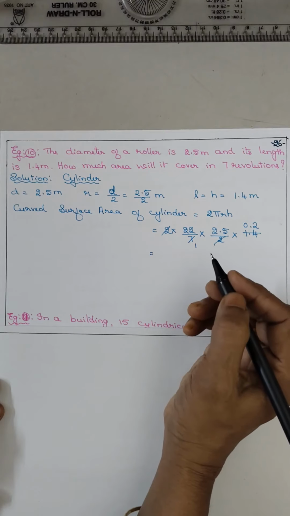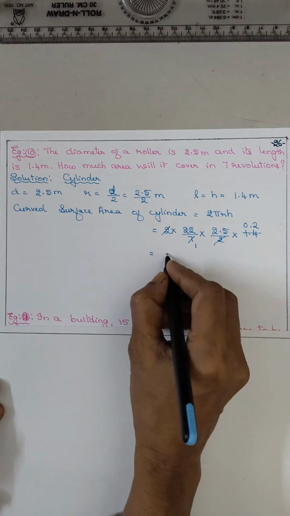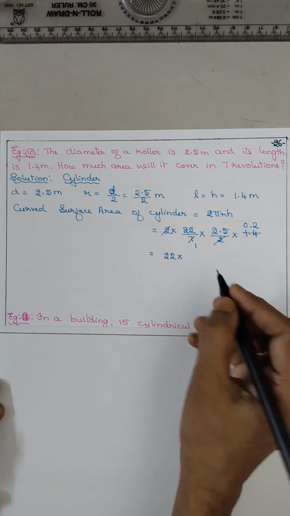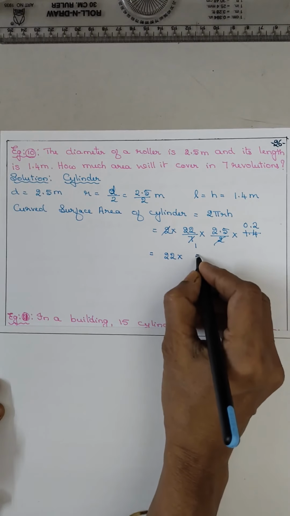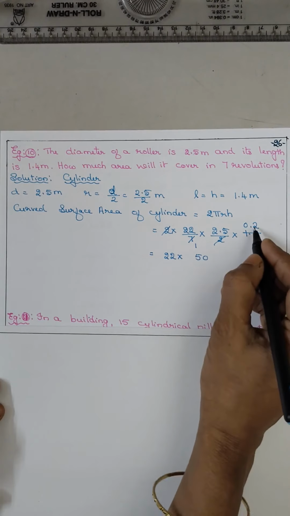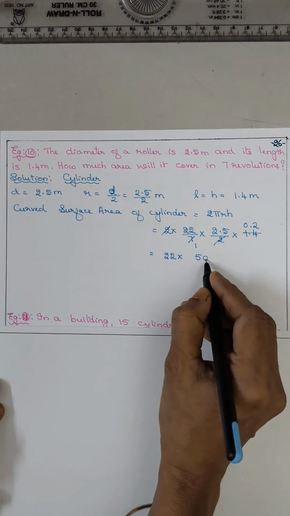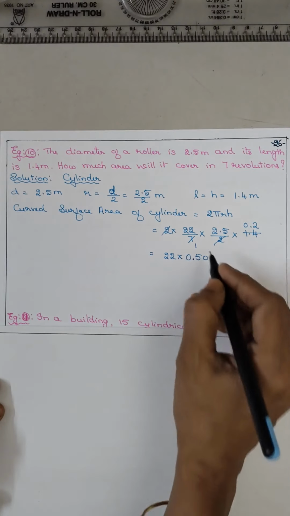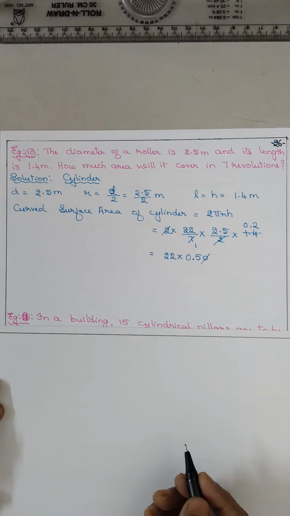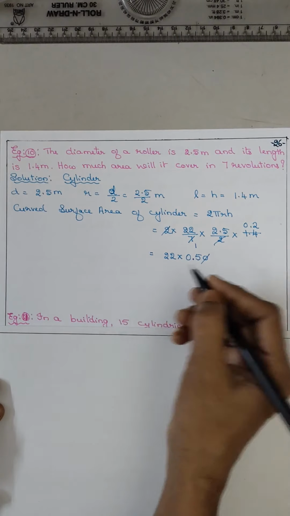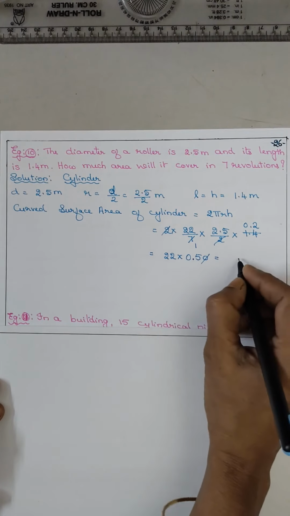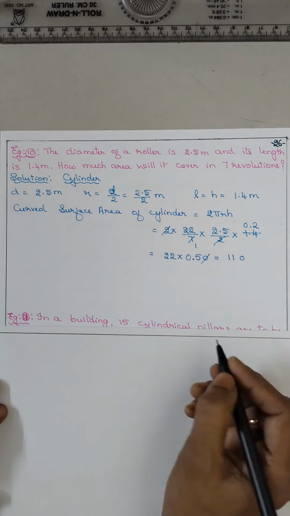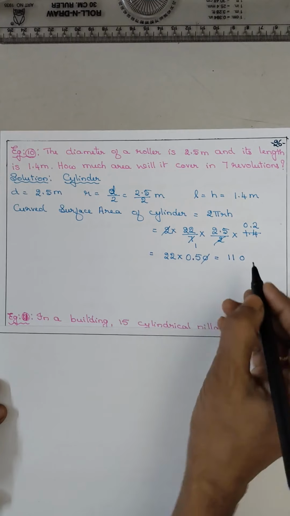Now 22 into 2, 25 twos are 50. But 1 decimal, 2 decimal, so it is 0.5. This 0 gets cancelled. So you got how much? 5 twos are 10, 5 twos are 10 plus 1, 11. Now it is 1 decimal. So put the